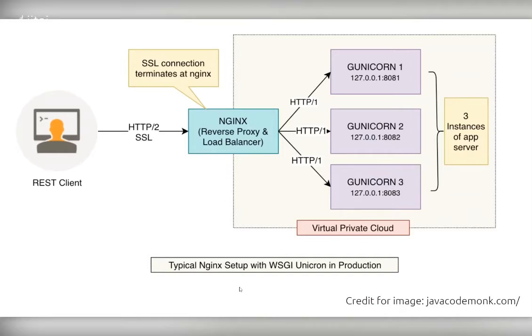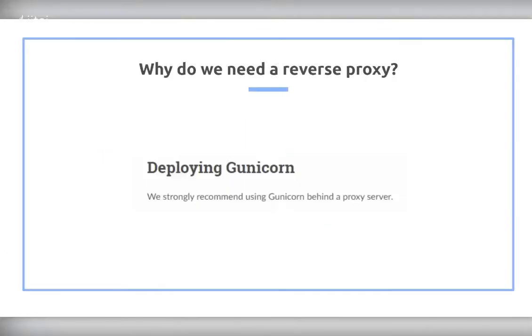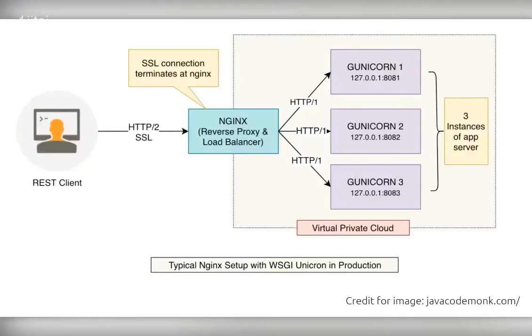This is taken from another website. Instead of a REST client, we will just have a normal web browser over here. What we will have is an SSL connection that will go to our nginx reverse proxy, and this will go to these three gunicorn worker instances. Gunicorn is a WSGI server,